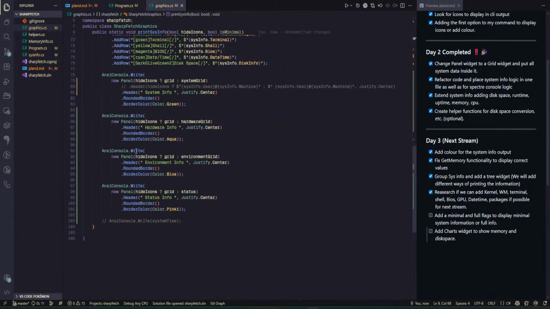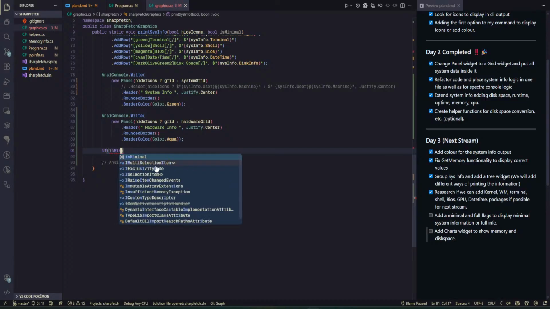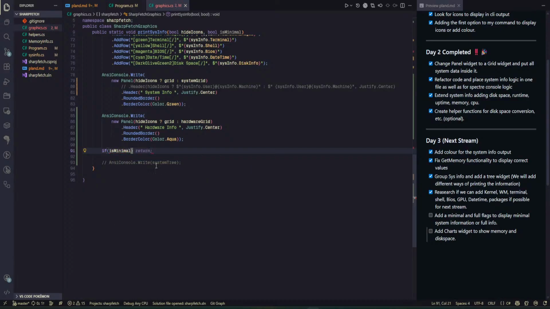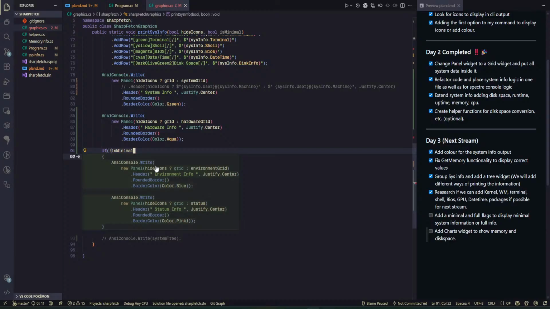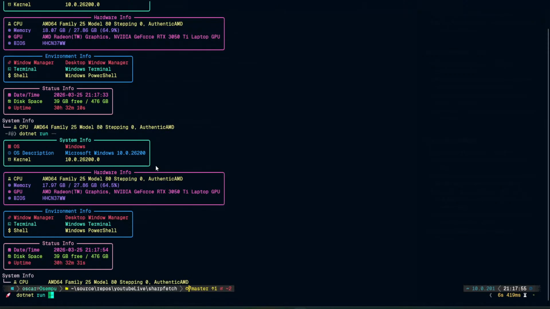So we can take both of these and let's say if not is minimal, if this is false, then please print out this. Otherwise, let's print it anyway. Okay, so oops,